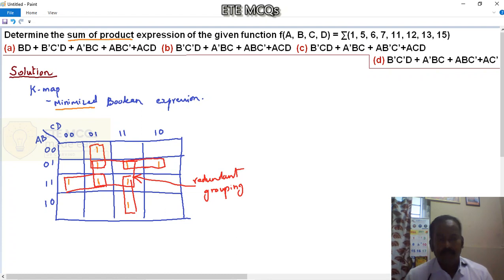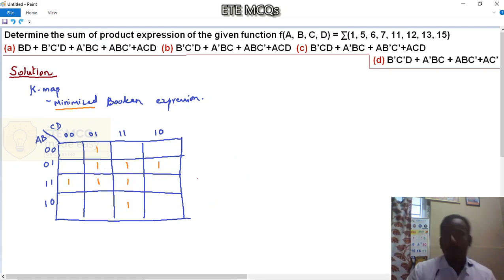Okay, so this is completely redundant grouping, which is completely undesired. This way we shouldn't group. So let us go ahead with the actual grouping procedure. Now this is all we have. When you go for the actual grouping procedure,